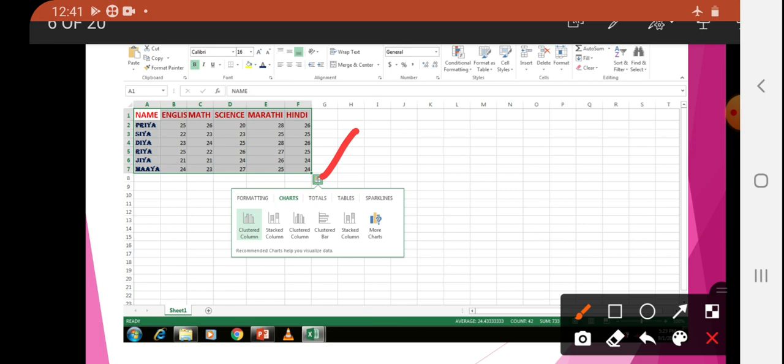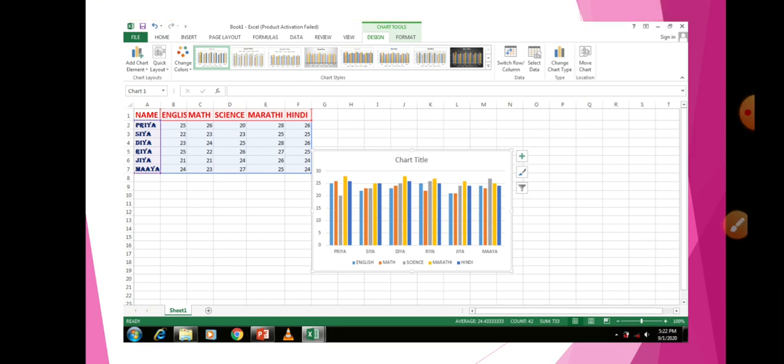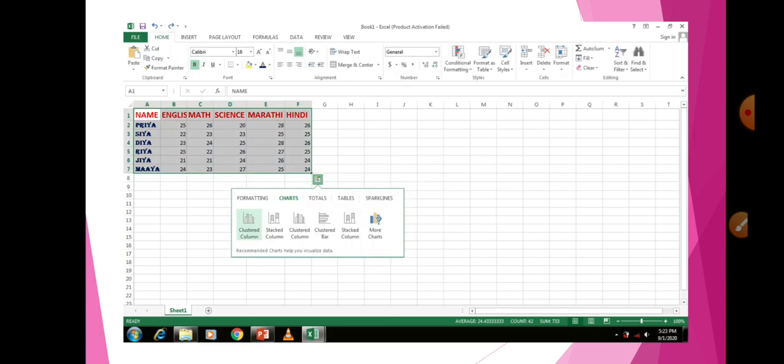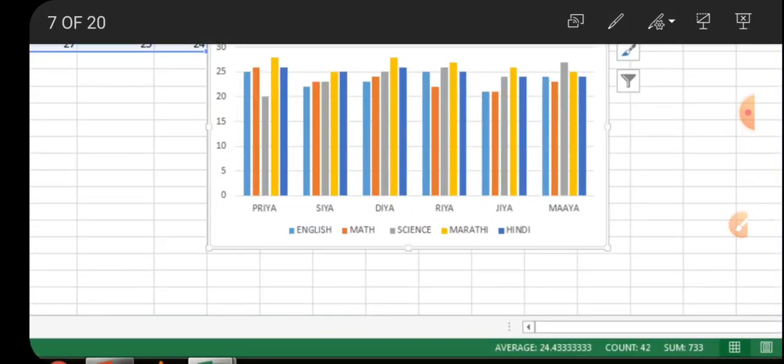you have to click first here. In that, click this charts. This chart you have to click, and this one. Okay, when you click on this, what happens? See, I chose chart, and in that a bar chart is present, and I got the result also. It is converted. See, the name Priya and her marks.